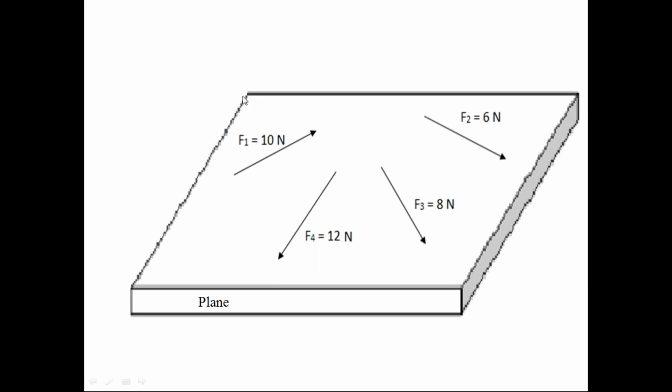This is a level surface we consider. We call this level surface a plane. Here it is horizontal. It is a horizontal plane. Since all forces' lines of action lie on the same plane, we call this force system a coplanar force system. Now, I explained the coplanar force system and the collinear force system.